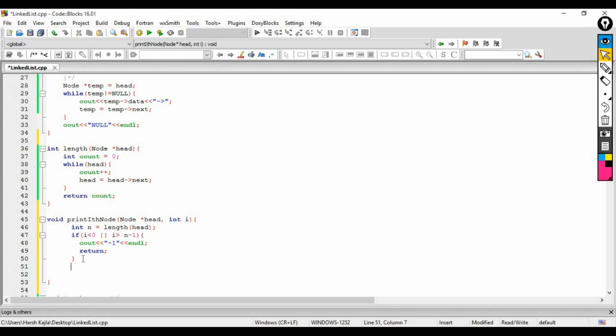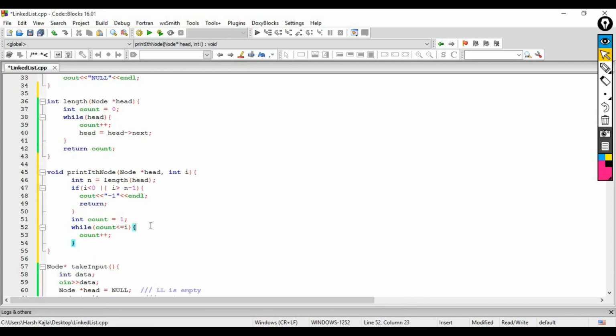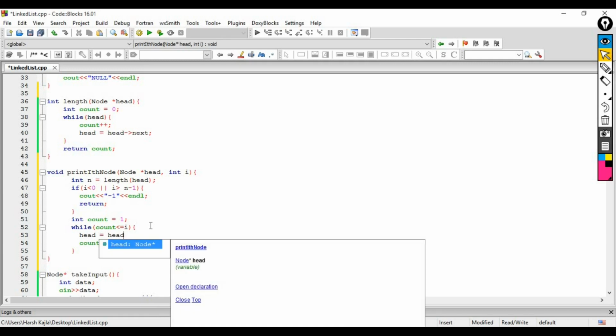Now otherwise, what you have to do is I number of iterations. You can use a for or while loop, it is your choice. Let's say I am using a while loop. How many times do you have to run the loop? You have to run the loop I times. So while count is less than or equal to I, you will do count plus plus, and you will move ahead. So head equals next of head,